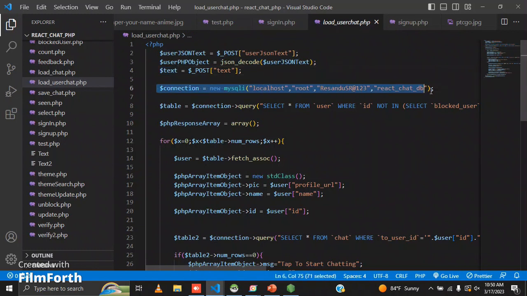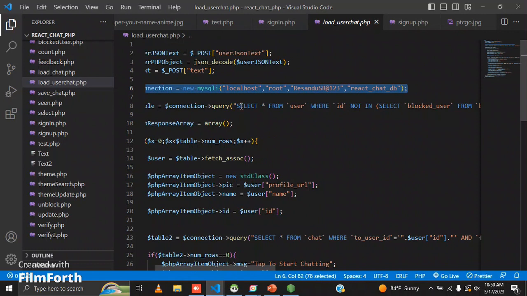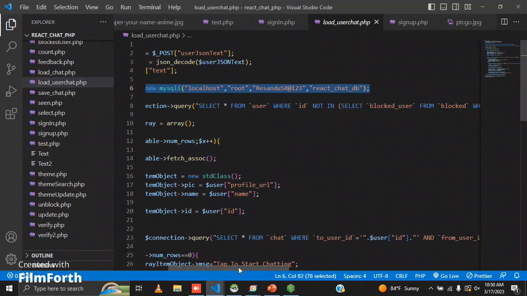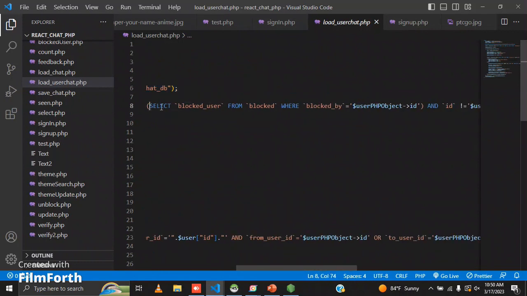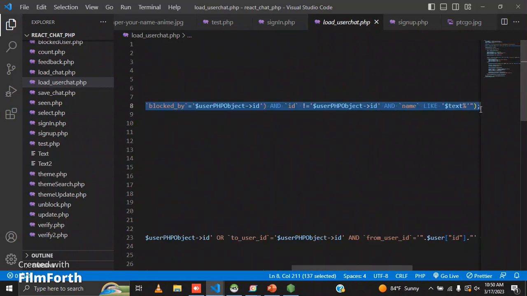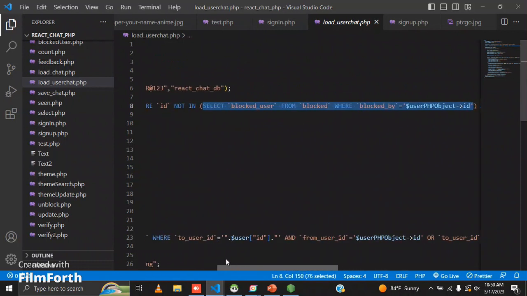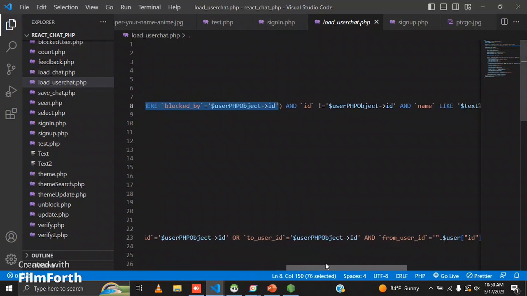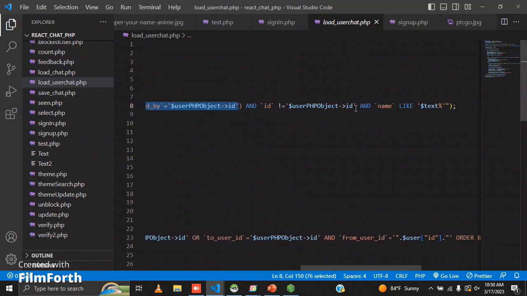I have again taken the text also, and I have made the connection to the MySQL table, and I am gonna put a query in here. What I am doing in this query is I'm gonna select all from the user where ID is not in this subquery. This subquery checks who is blocked or not. It gives the users which are not blocked by you, and the ID is not equal to you, and the name is like the text that you have given, let me show you in this